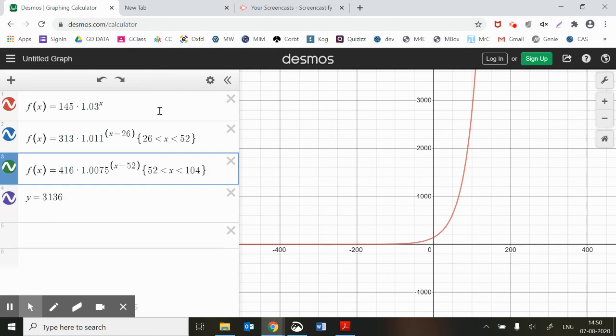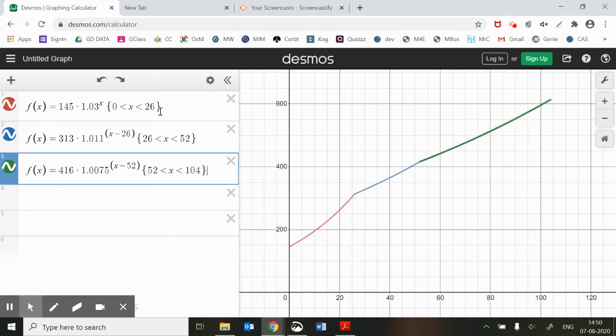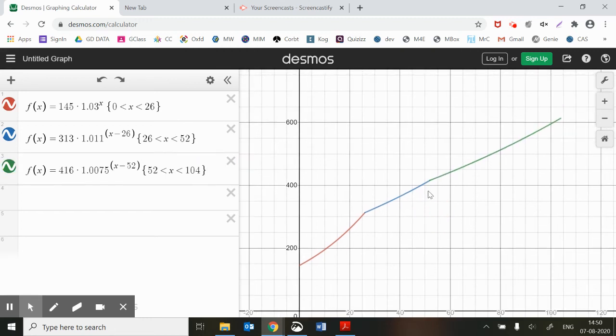So let's just put Control Z. There we go. We've just got this one back. And so there we go. You can see that this is the model, and this is what it looks like now. Do you think that's a particularly